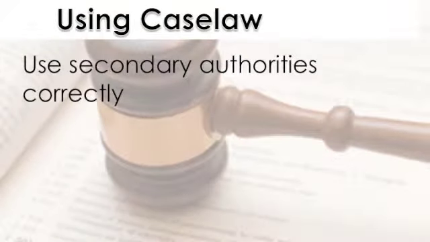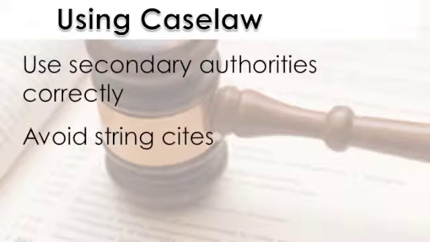Make sure you use secondary authorities correctly. Do not cite a treatise, no matter how respected, as the first authority for any rule of law. And if you do cite a treatise or something like that, try to provide a supporting case citation from your controlling law if possible. Be sure to analyze the case law. Don't just string cite it. Explain why the cases you rely on should control the case, rather than the cases your opponent or the lower court cites. Never use a long chain of cites. They are not impressive.